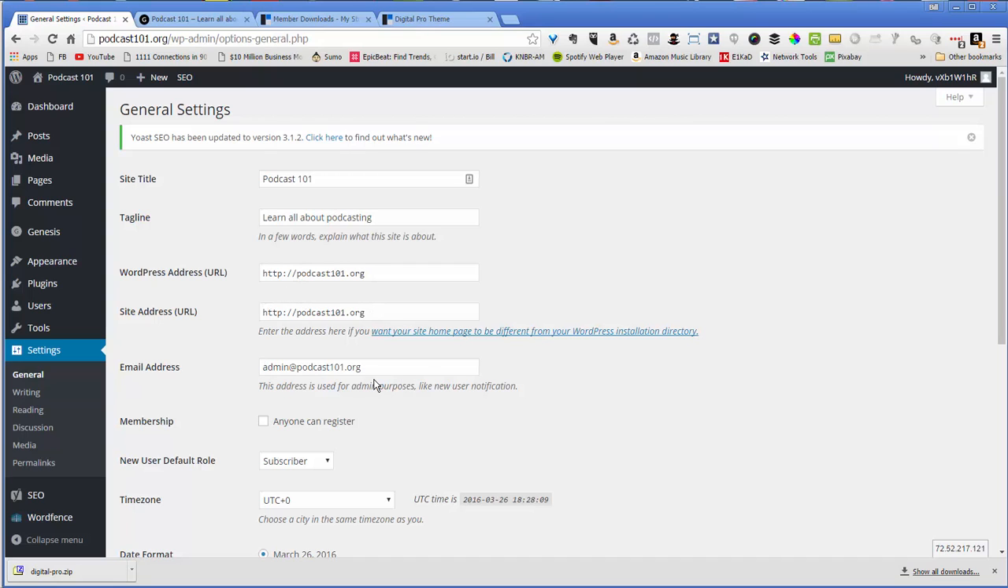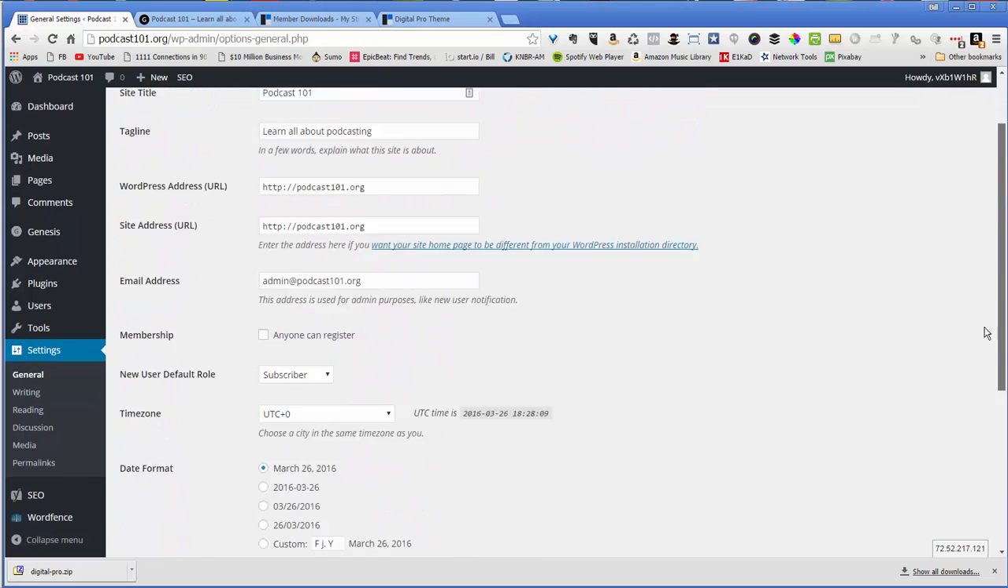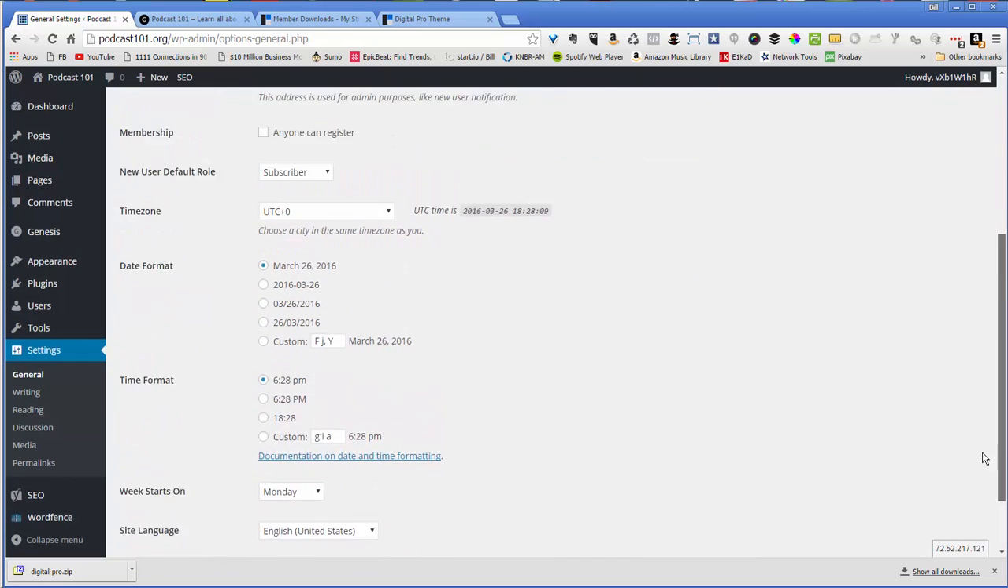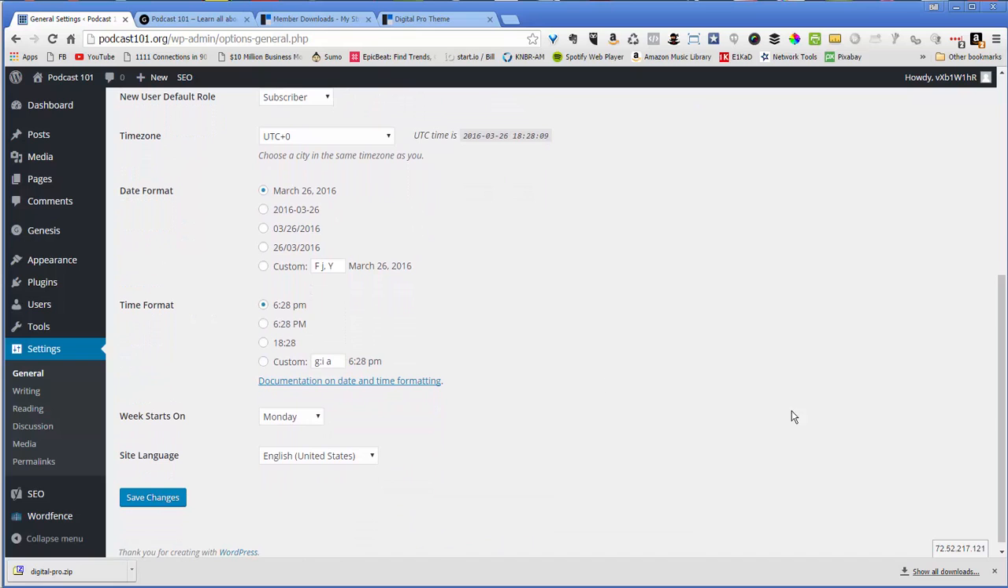You can change your email address if you want. Like I said, I'm just going through these. I typically don't change anything on here. Once in a while, I may choose to say anyone can register, but it's kind of useless at this point for our purposes. When I go to writing,